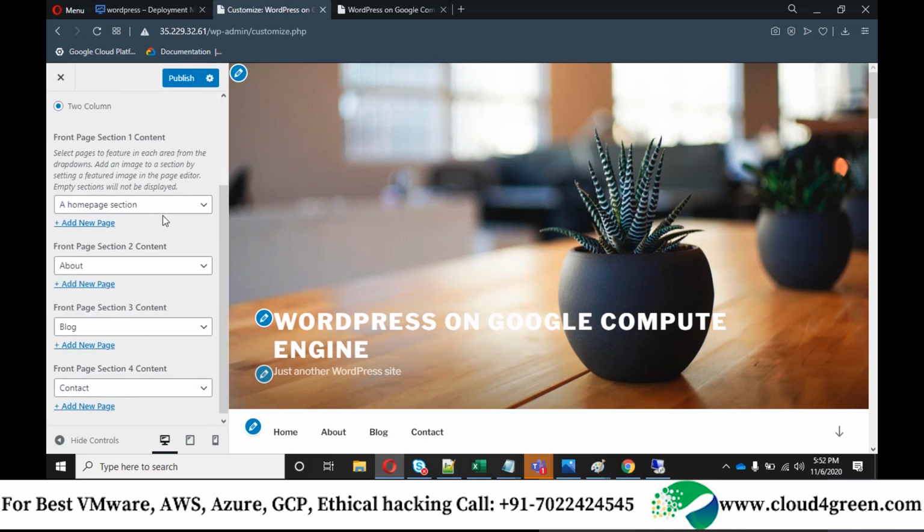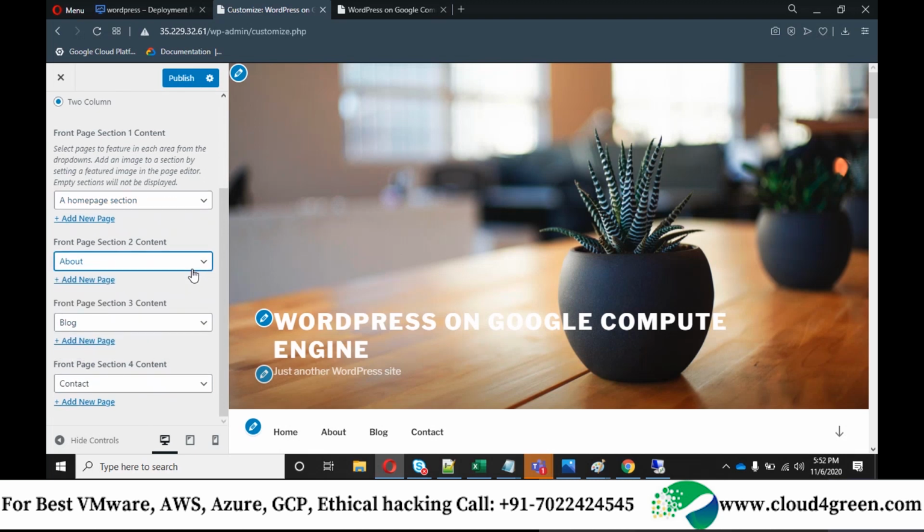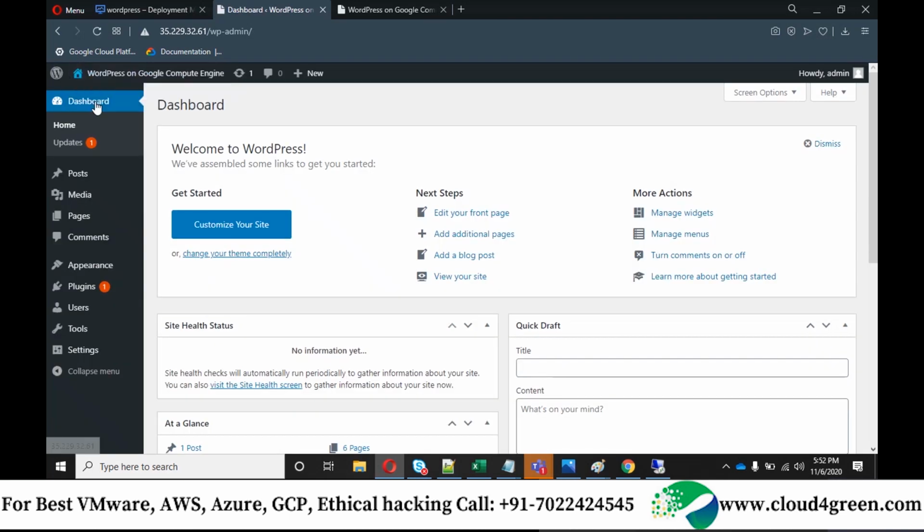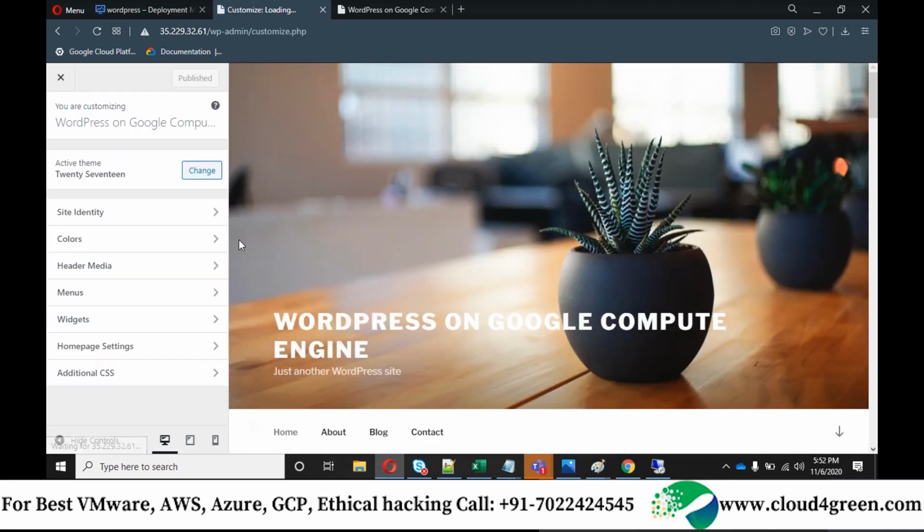You see, themes are available. And also if you want to change the text, you can do that.